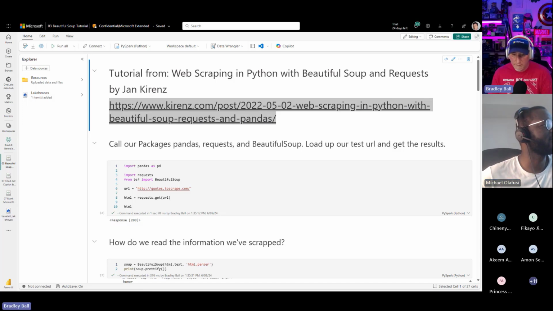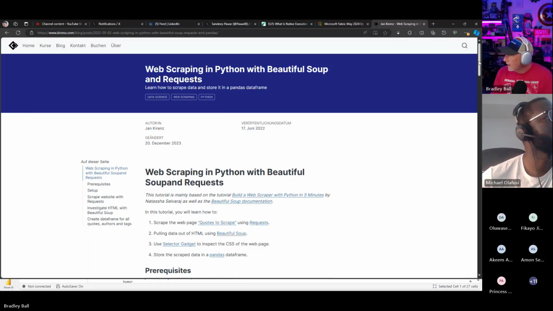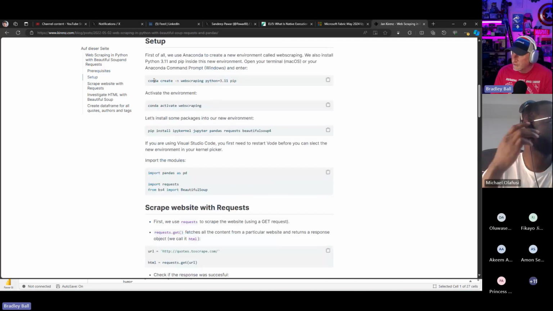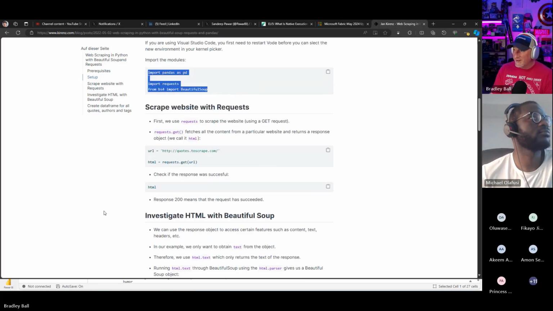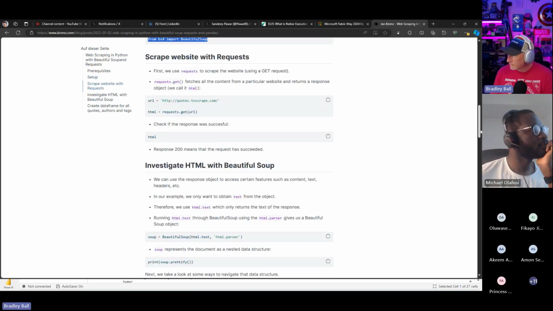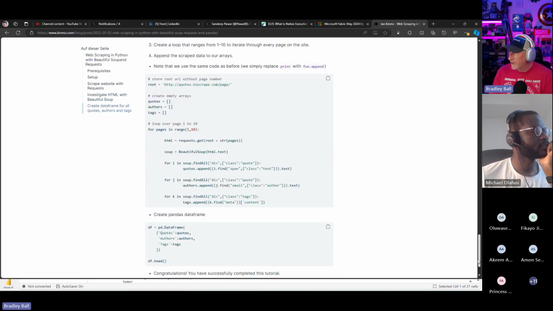Yeah, and let me see this. So there's the link to Jan's blog. And one of the things you'll notice is I did not have to change anything. I didn't use this because I wasn't using Conda, I wasn't using Python. So I started right here, and you'll see this code is exactly the same as what I had in the notebook, all the way down to creating the data frame.